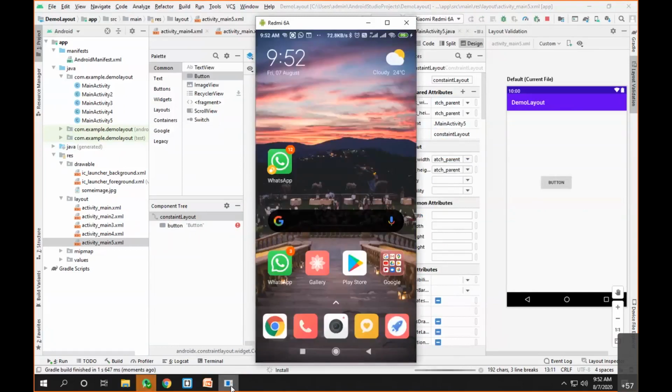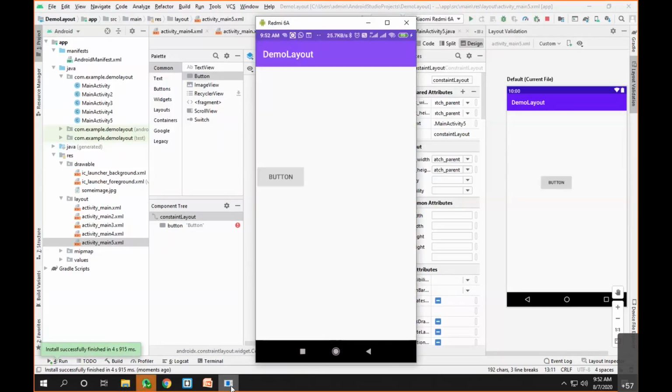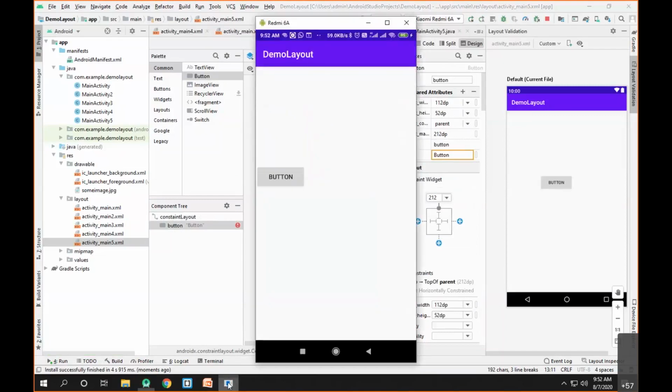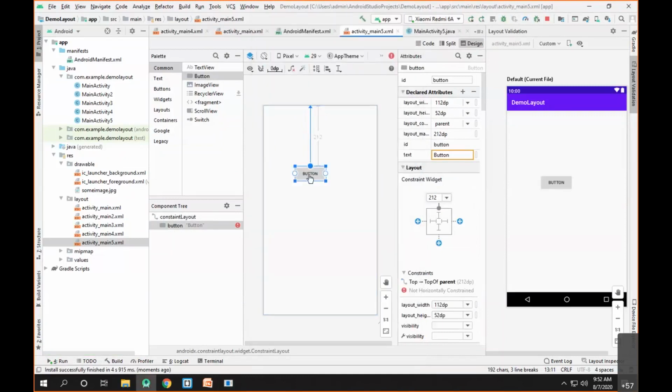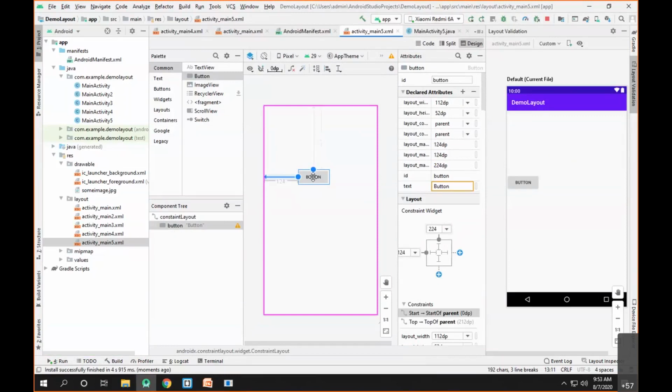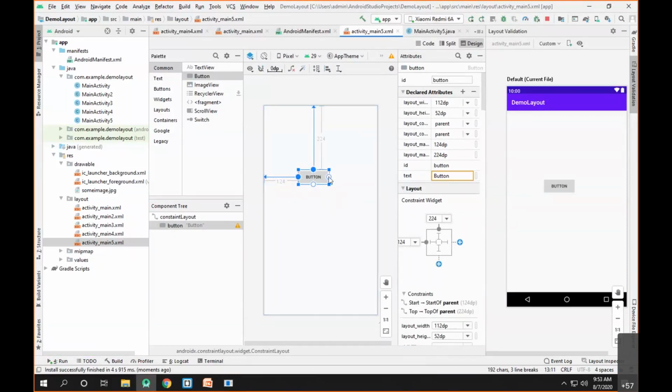Now, as you can see, I have only attached one anchor point. Now the button is visible here. With only one anchor point, the button is vertically spaced, but it is not taking the position in the horizontal space. So in order to give that, I have to attach this button with the vertical edge and then I can set the constraint. So here you can see the constraints are set for the button: 224 dp from the top, 124 dp from the left. Now let's try to run the code and see.